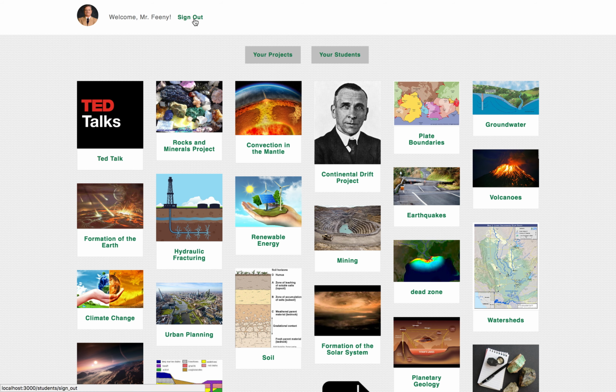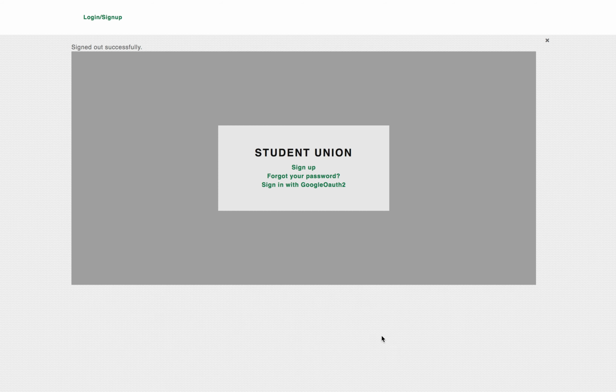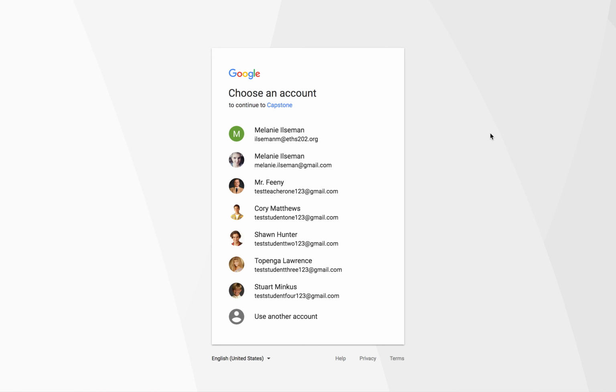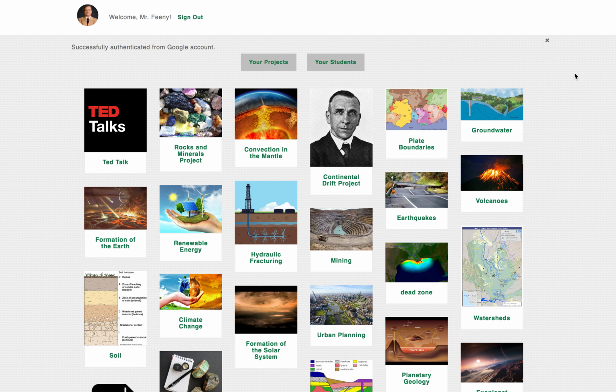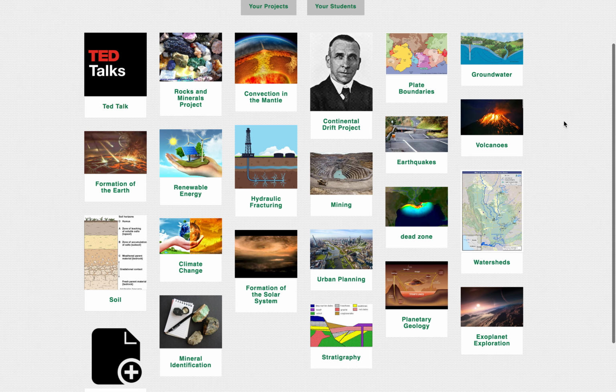So if I sign out of my teacher and I sign in with Google OAuth, I use Devise and Google OAuth to authenticate my user through Google. It shows all of my users that I have stored on my computer. So first of all, I'm going to be signing in as a teacher, Mr. Feeney. And as you can see here, it shows an index of all of his projects that he's created for